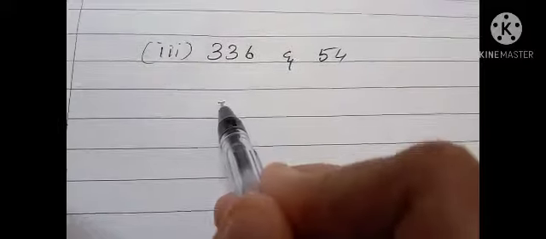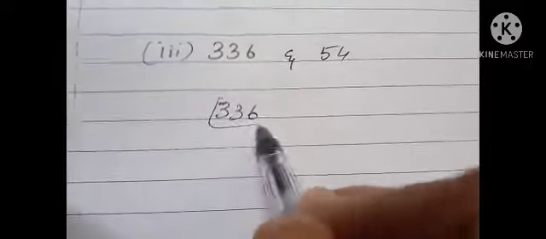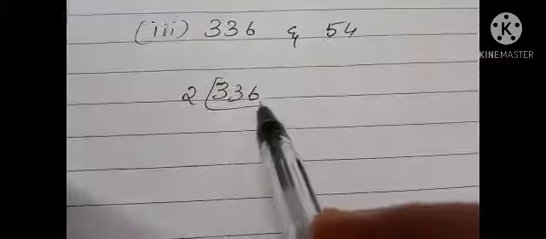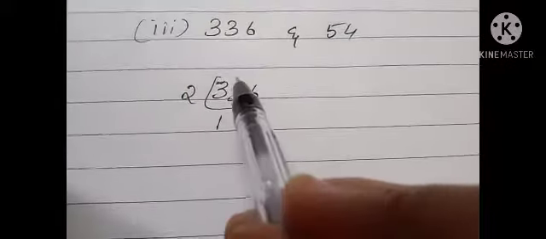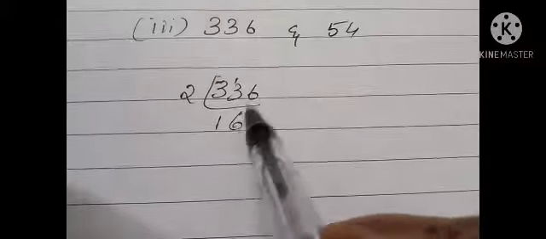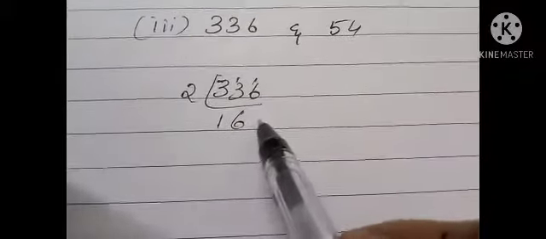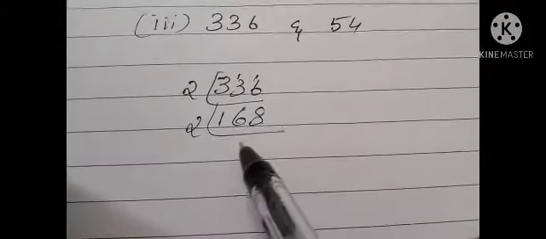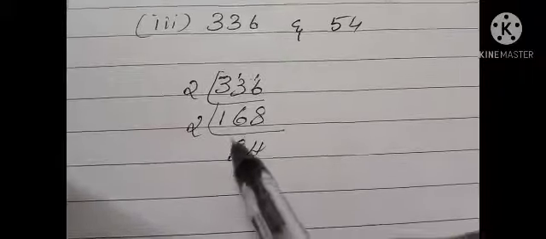So we have to find their prime factors first. So 336 we can divide by 2 because it is an even number. 1 2s are 2, remaining 1. In 13, 6 2s are 12, remaining 1. In 16, 8 2s are 16. Again we can divide it by 2 because it is an even number. So 8 2s are 16, 4 2s are 8. Again we can divide it by 2. 4 2s are 8, 2 2s are 4. Again by 2, 2 2s are 4, 1 2s are 2. Now this is divisible by 3, 7 3s are 21. 7 is a prime number, so we have to stop.